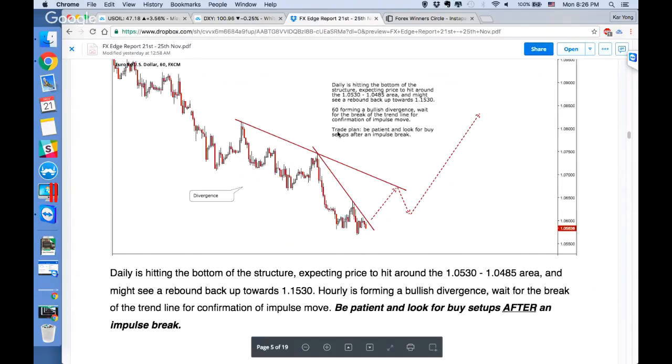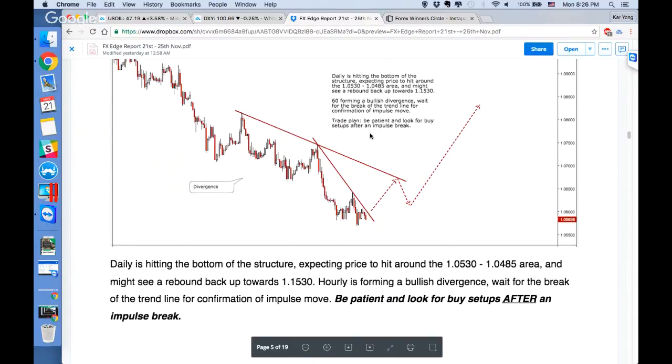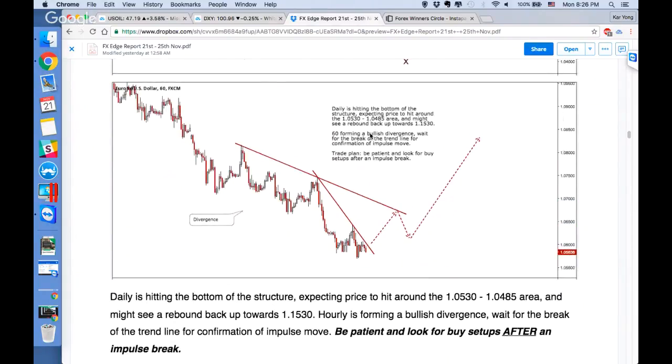You can see over here, we also included a trade plan for this week. The idea here is, I wrote down, be patient and look for buy setup after the impulse break. Again, don't use this report as if it's a signal service, but this is a technical analysis report to show you high potential, high probability where the currency pair is going. For example, this Euro Dollar, there's a high probability the price will